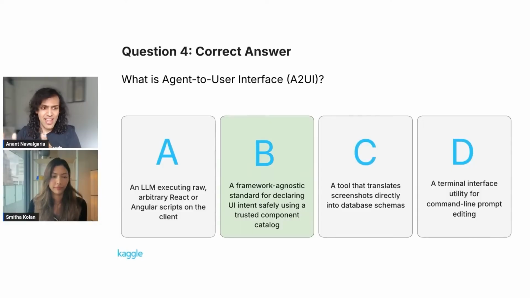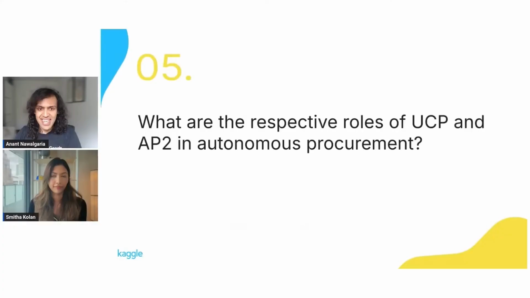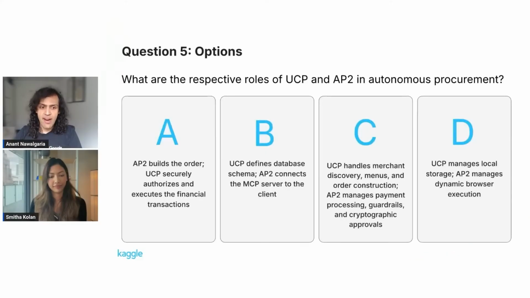All right, off to the last question for the day. What are the respective roles of UCP and AP2 in autonomous procurement? Your options are A, AP2 builds the order, UCP secures and authorizes the financial transactions;